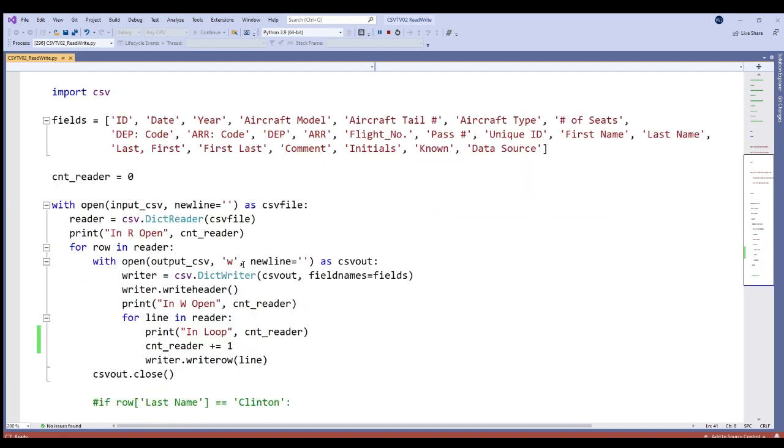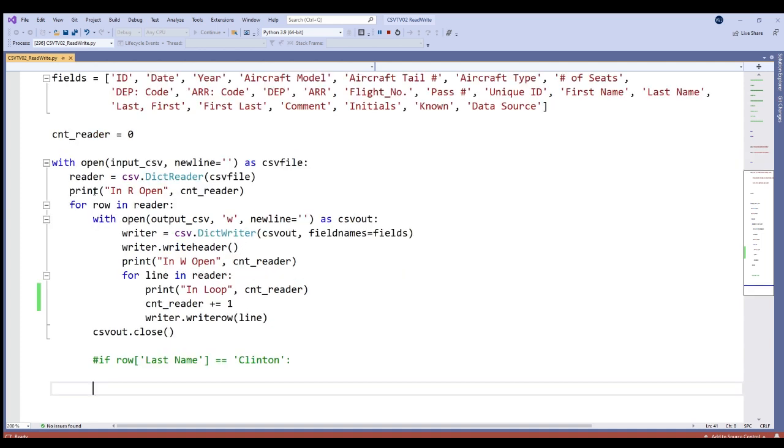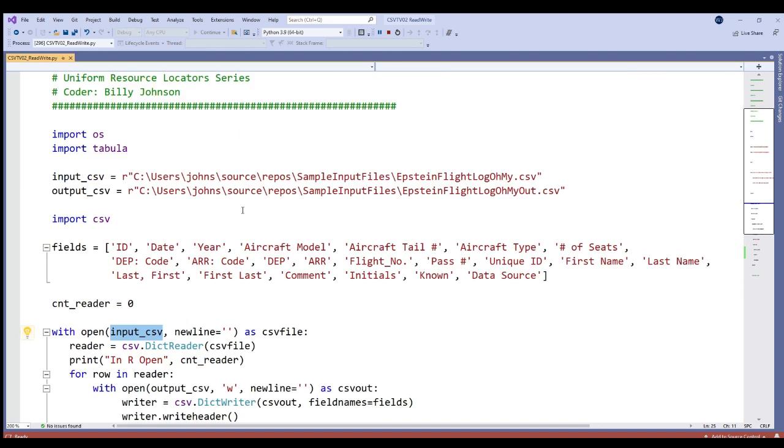But remember how it was using those open for the read and open for the write? Well, here we go. By the way, here I'm overriding one of the parameters of the dialect, and here I'm telling it what the input file is, right? And here we have our input file, our trusty Epstein flight log, oh my, and then we're going to output